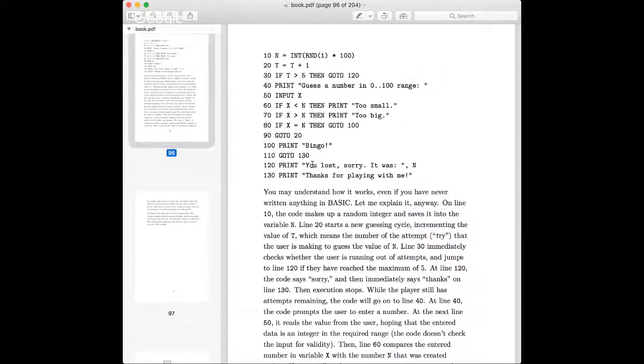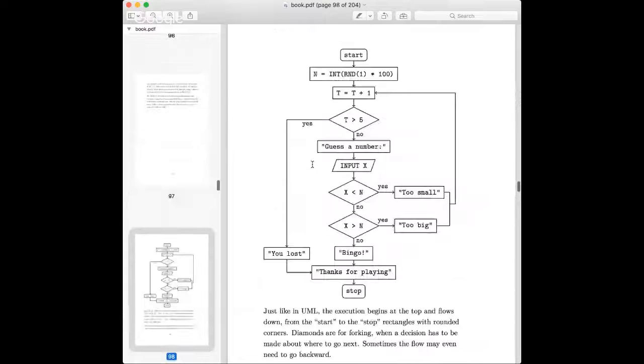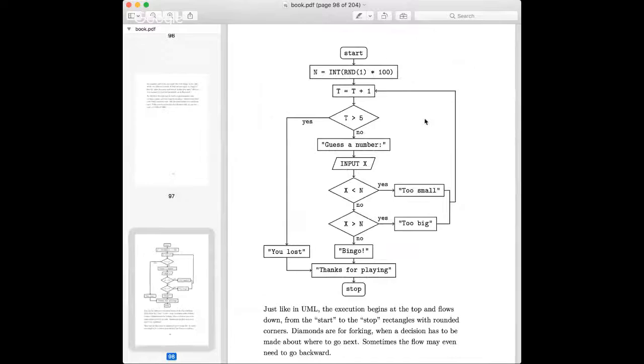Code and data, they stay together, and they're all on the same level. So all these statements and commands or whatever it is in BASIC, they're on the same level. Then the next piece of code, and this is the algorithm, this is a flow chart of this game. So the flow chart is also visible. Rectangles are like statements, and these T, N, X, like variables. It's exactly the same as we've seen just now.